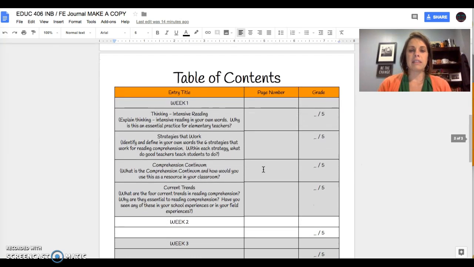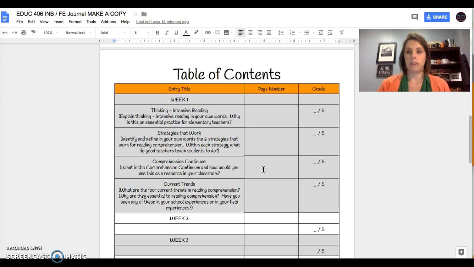This whole notebook is ongoing, and the table of contents we will add to as we build our information. Right now I just have week 1 information in here for you, and that is what you're responding to, your prompts.